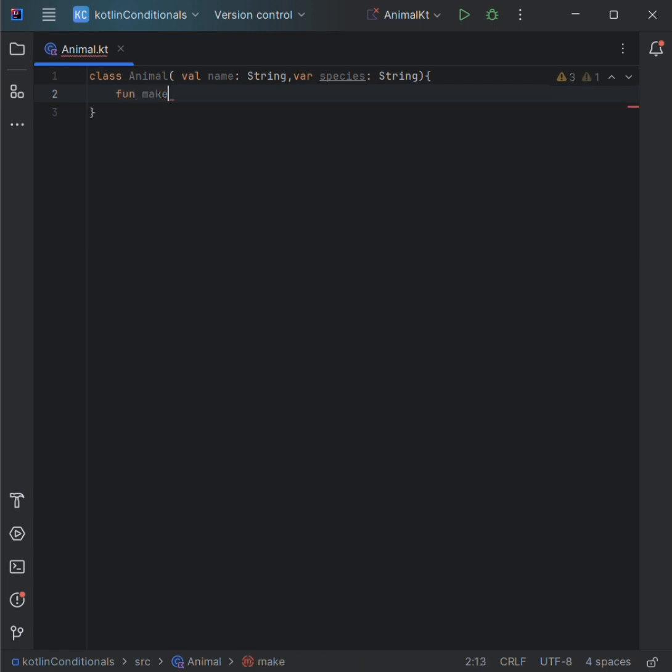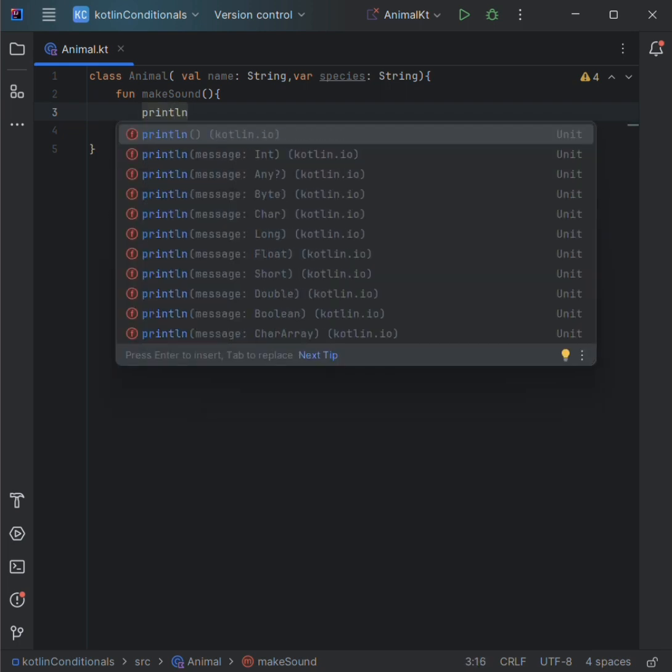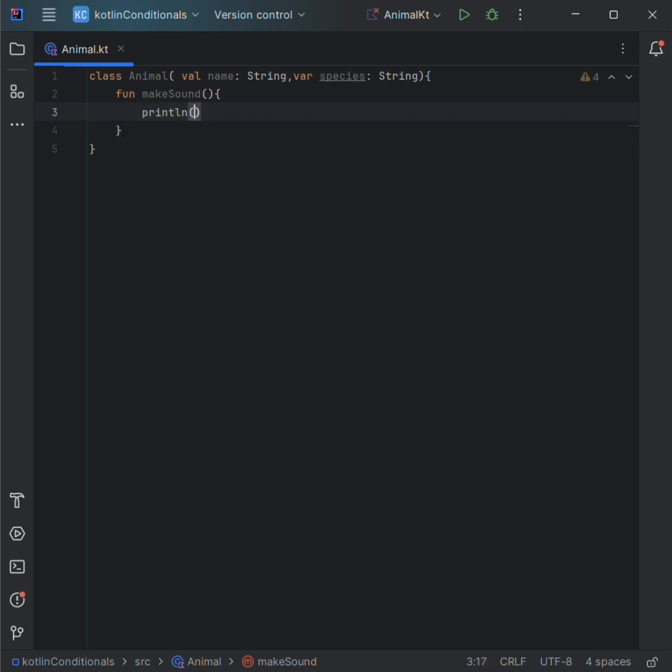Fun makeSound, println, this animal makes a sound.